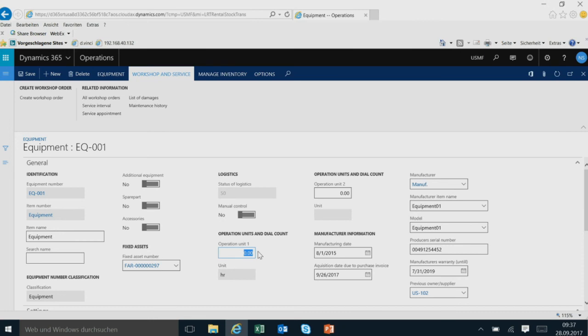And therefore, if the equipment is connected, we have this information fully automatically, and the system can create service orders fully automatically. You do not even need a dispatcher planning those. It's simply that somebody has to decide which service technician shall execute such a service appointment.